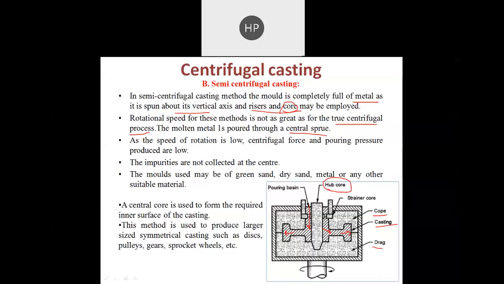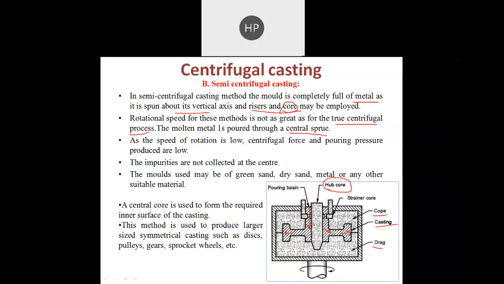because in true centrifugal casting, due to the high rotation speed, the impurities which are light in weight come to the center, because the light weight impurities are not able to generate such a force, so they automatically remain at the center, while the heavy metal generates a large centrifugal force, so due to their high density, they go to the outer periphery of the cylinder or flask, and that's why the impurities are collected at the center when we use true centrifugal casting.